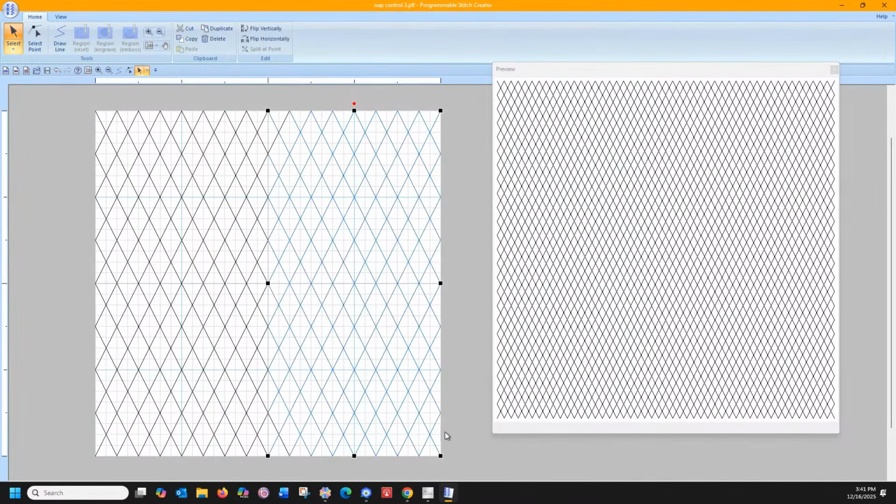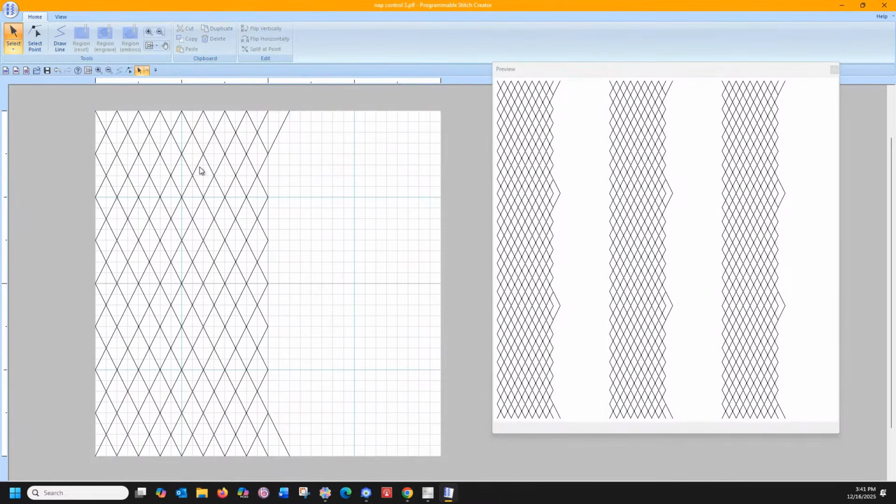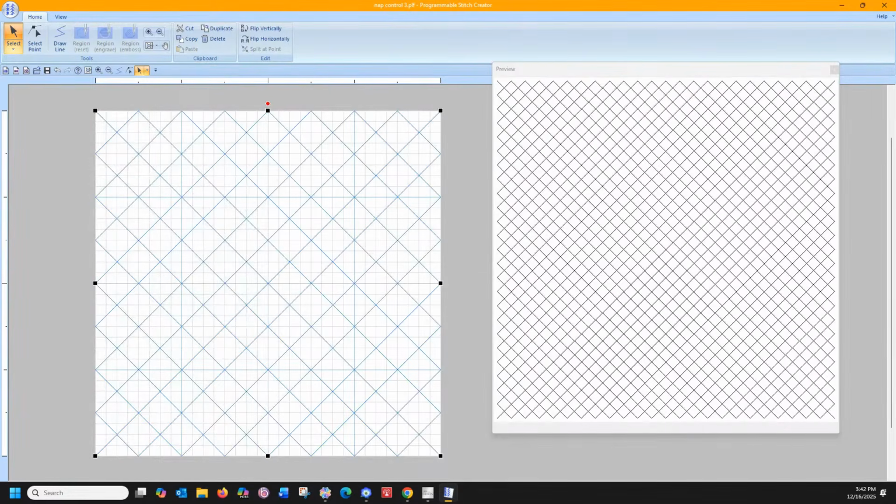We'll delete this one, and I've got to delete that and delete that, right? So now we'll grab this whole thing again. This is what it looked like before, right? I smushed it in,